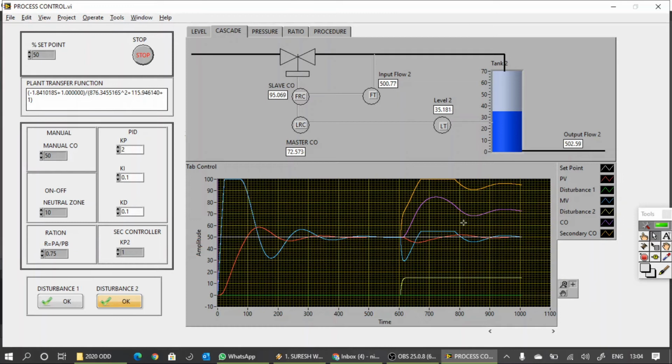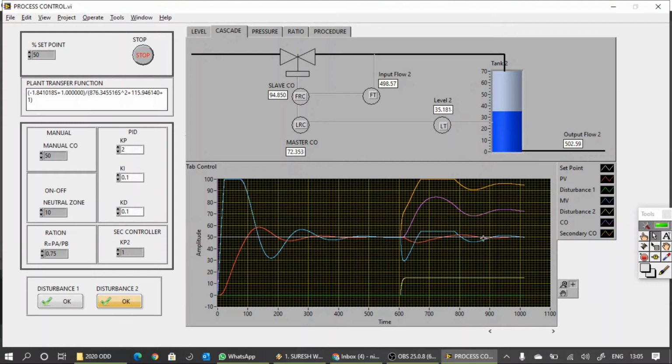If you are going through this performance, you can see that a disturbance occurred at something around 600 seconds, which means a transient occurred. This is the response of the control variable to this transient. This is the steady state value, and from the steady state value a deviation occurred. This is the maximum deviation, that is error max. And second, a transient occurred, so this is the deviated controlled variable.